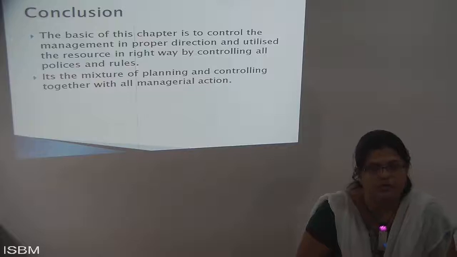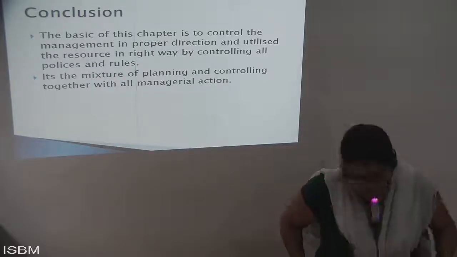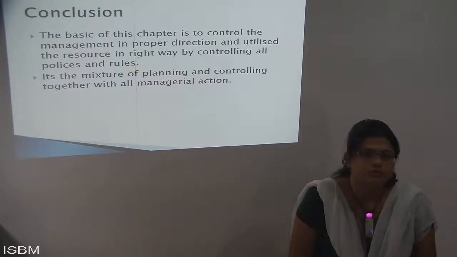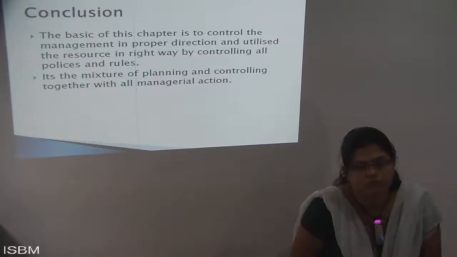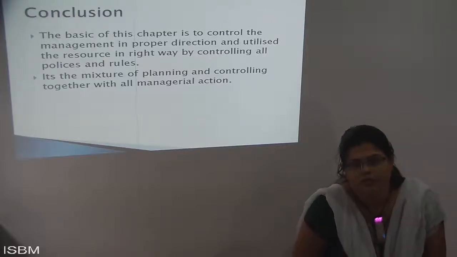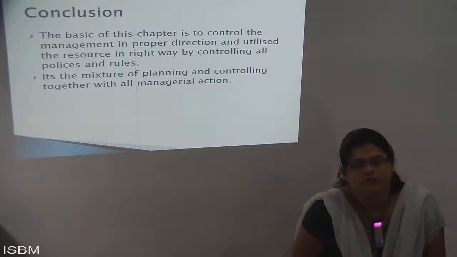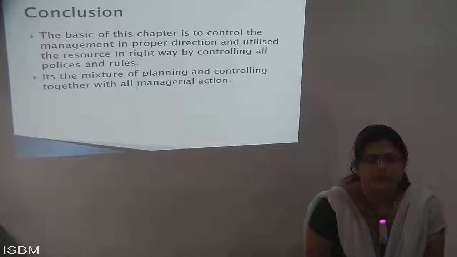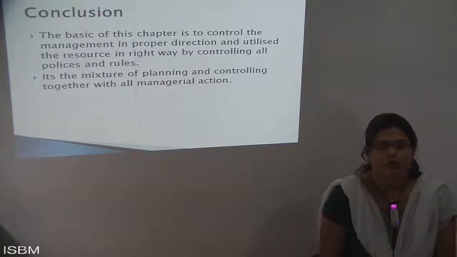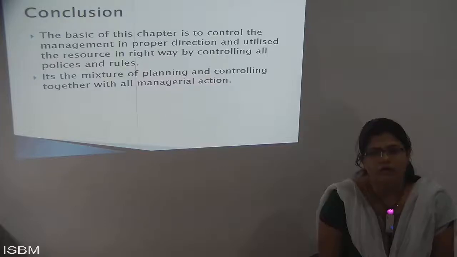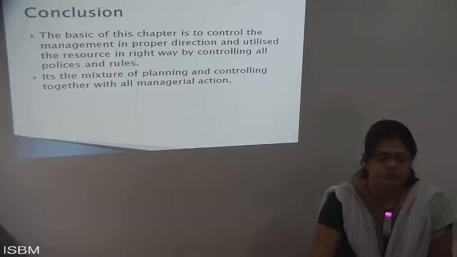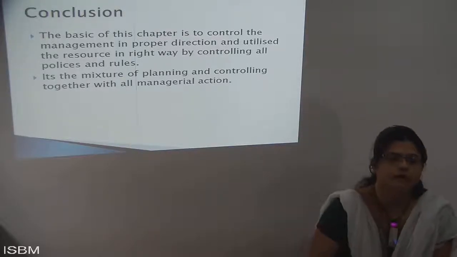You can control your work, and with the help of controlling the work you put forth, you need to work out what processes and terms and conditions you will be following. That is why this chapter is related to identifying the corrective measures, with which you can decide whether to take the work in the right direction or whether it should move over a longer period of time. That is why we use control.